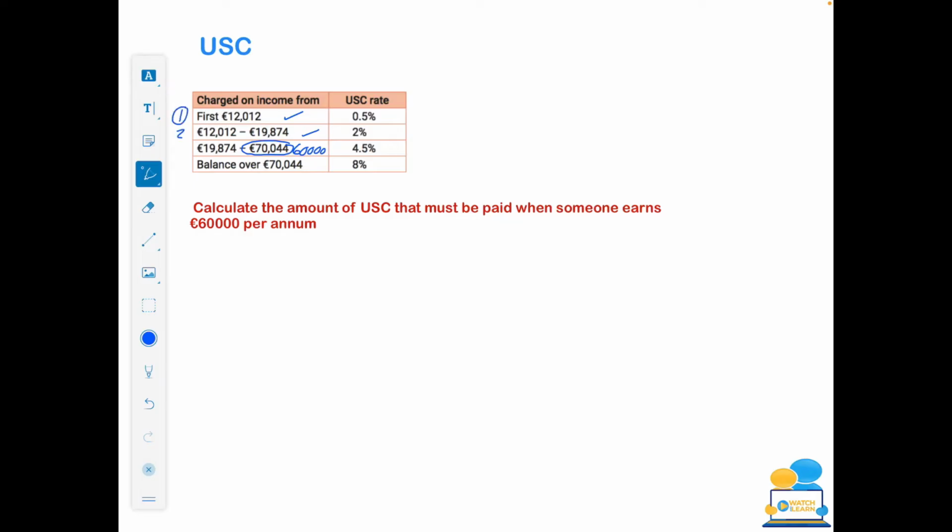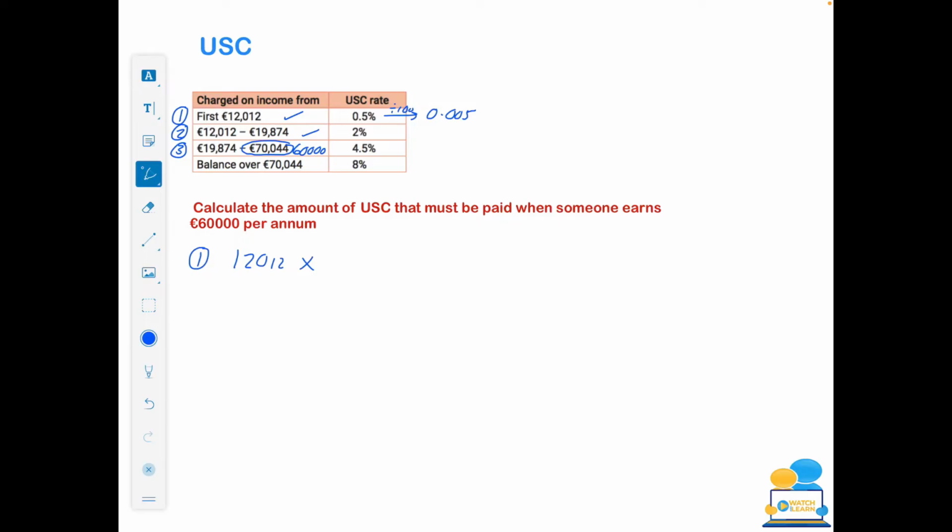Okay, so I'm going to label this as chunk 1, chunk 2, and chunk 3. In the first section, she needs to pay 0.5% of her first €12,012. That's reasonably easy to calculate. So 12,012 multiplied by 0.5%, divide by 100 to get that as a decimal. So 0.5 divided by 100 will give me